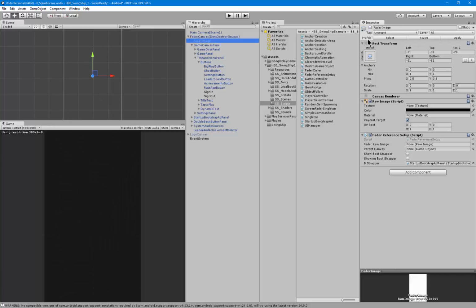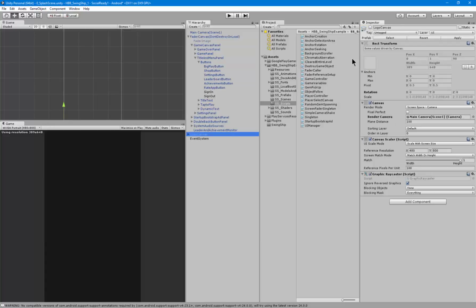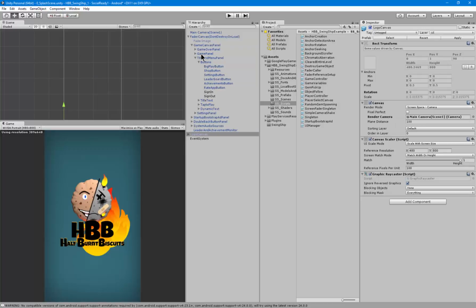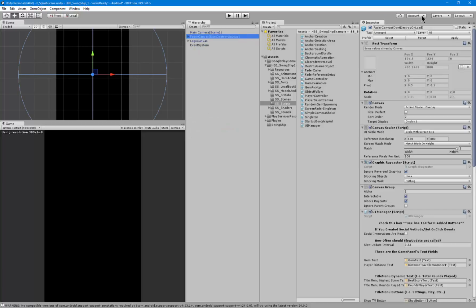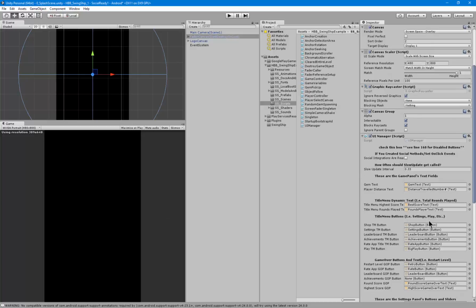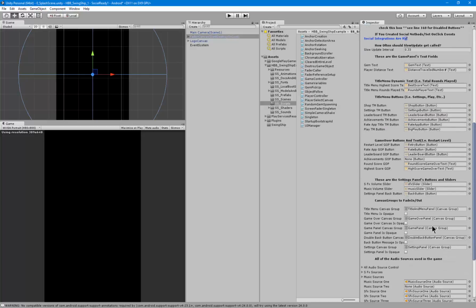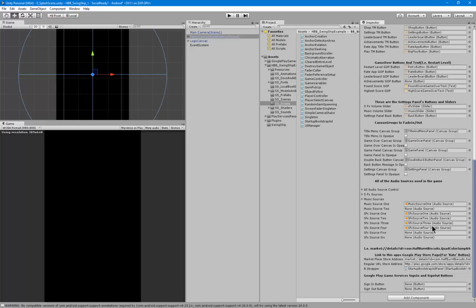The fader image, and actually we'll do the logo canvas first. We'll turn the logo canvas back on. The fader image needs to be enabled, and that is back in its original form. So we'll click it. We'll apply these changes to the prefab since we have new buttons now. They've got click events, they get their methods to call, and then we will select social integrations are ready, so that those buttons are at least active and ready to fire off to show the leaderboard, show the